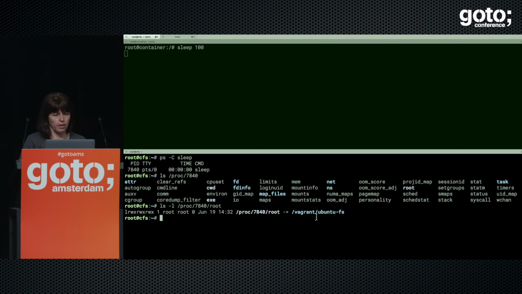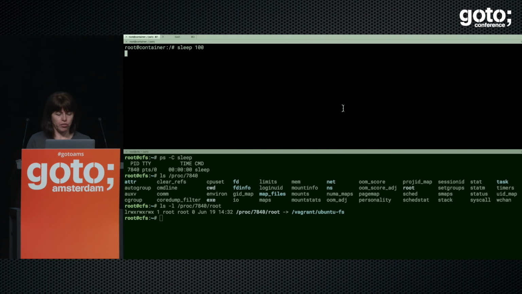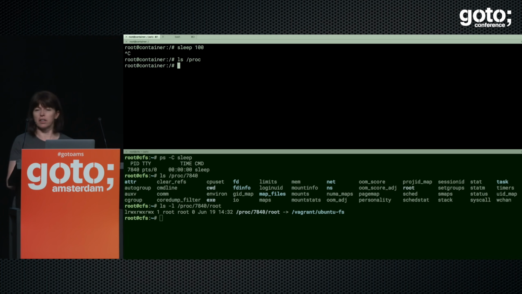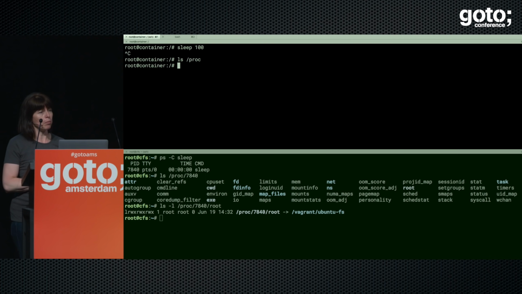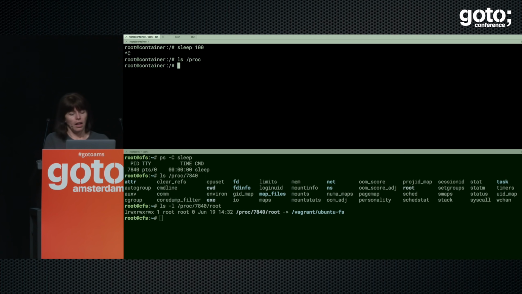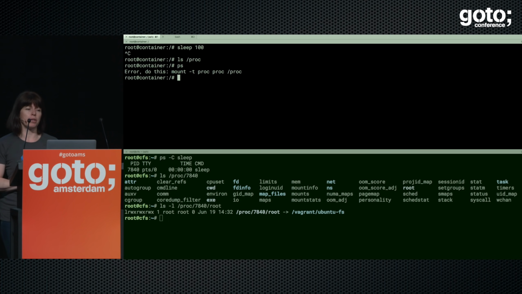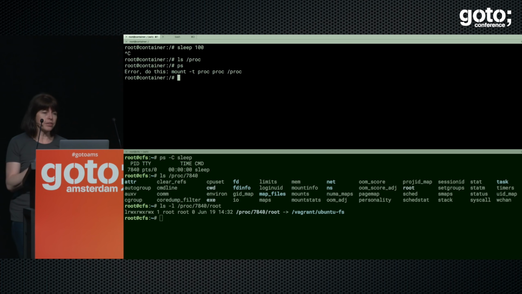Okay, so back to the proc directory and back to PS, because if you remember, we're trying to get PS to show us just the processes that are running inside the container. And I did that to root so that I would have a proc directory inside the container. And there's nothing in it at the moment. And if I do PS, it's going to tell us what it is we need to do. So it turns out that